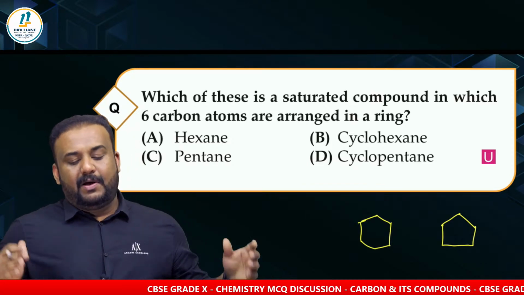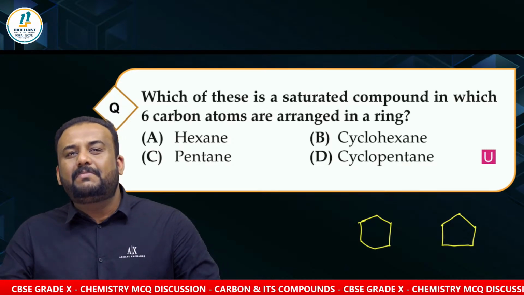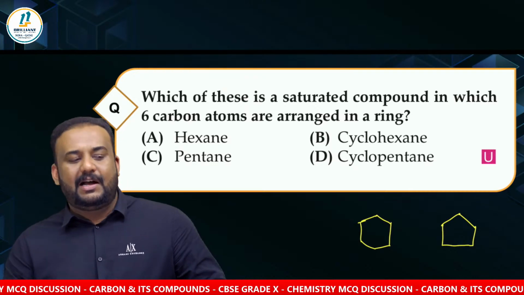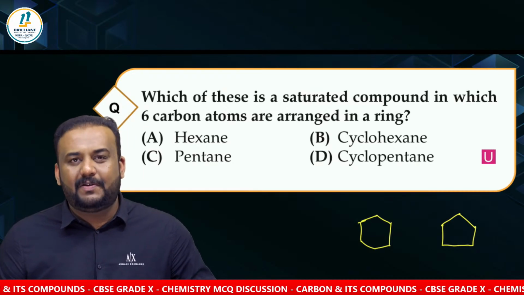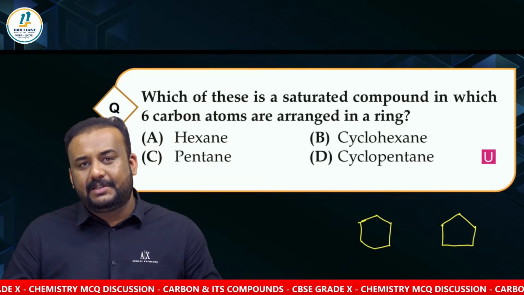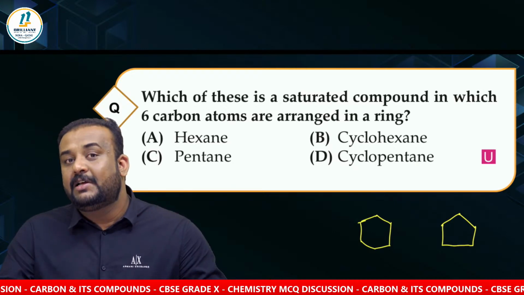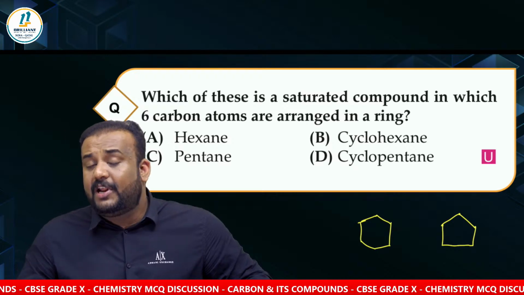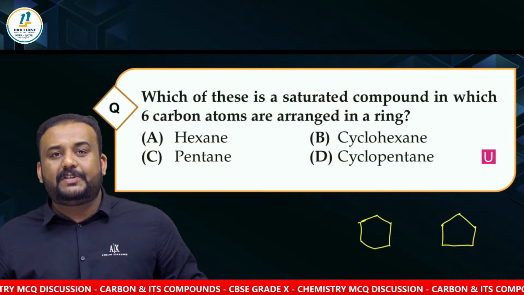And one common error that I have seen is that sometimes, when they give you the diagram of cyclohexane, students have a tendency to pick it as benzene, because that's the only 6 carbon aromatic hydrocarbon you have studied. So that's a small point, but still significant. Don't get confused between cyclohexane and benzene. Cyclohexane is having a saturated carbon ring, whereas benzene has at least 3 carbon double bonds which are alternating with each